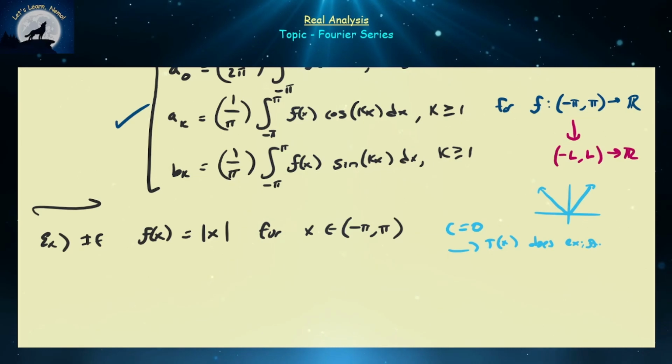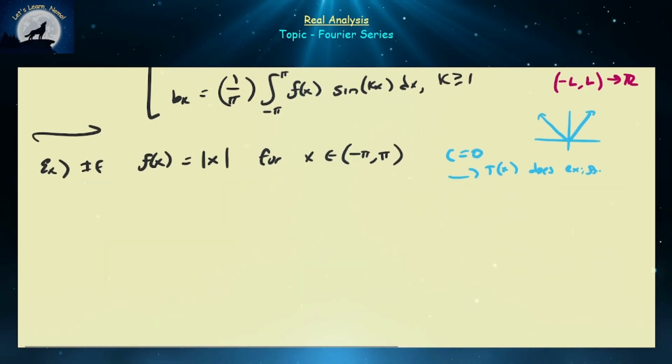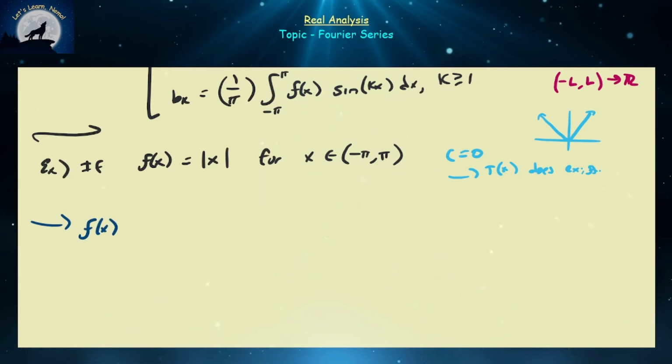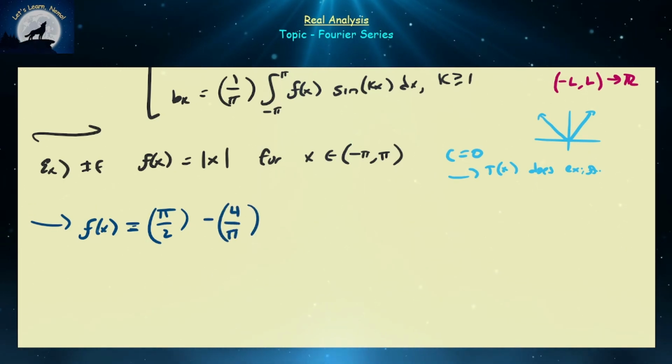But just because it's not differentiable there doesn't necessarily mean it doesn't have a Fourier series, and in fact, the absolute value of x does have a Fourier series on any closed or open interval. In particular, I leave it for you to show that f of x's Fourier series representation is equal to pi over 2. So that's your a0, and then minus 4 divided by pi times